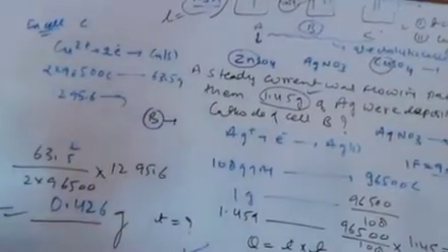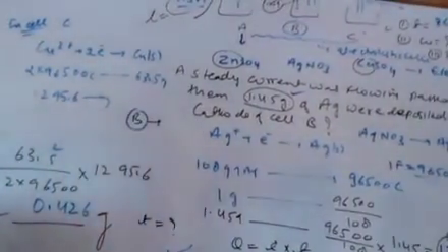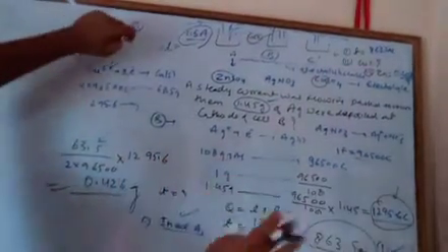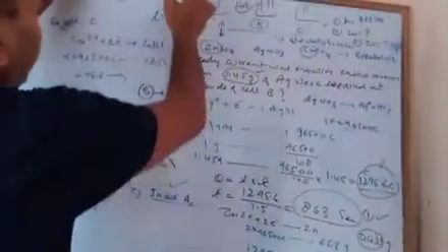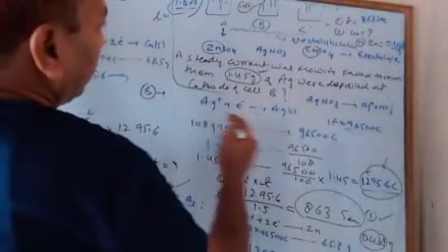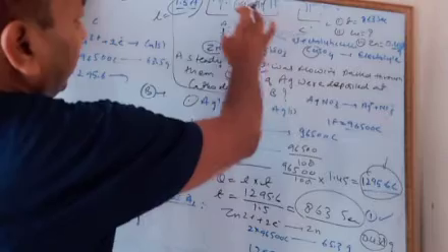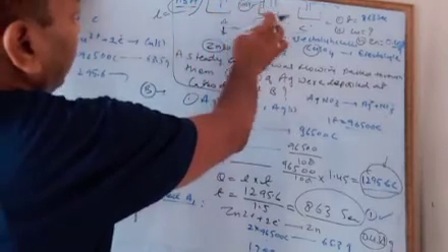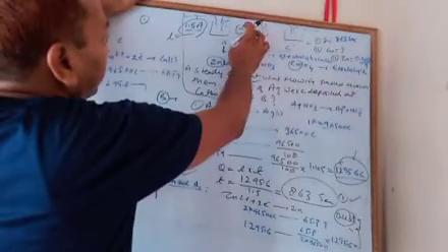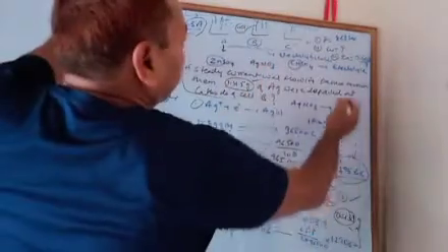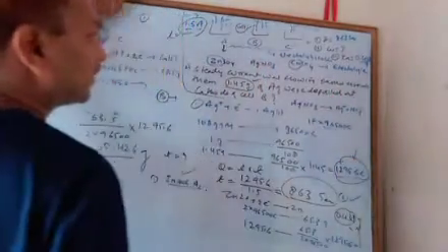So this is a numerical, students. Here we have used Faraday's second law of electrolysis. This is the question and this is the answer. The question is very simple: cells connected in series, steady current is given, and this amount is depositing. Calculate this charge. So this is the charge, 1295.6 Coulomb.